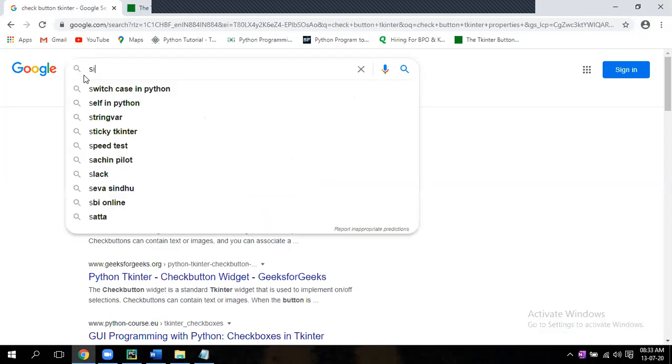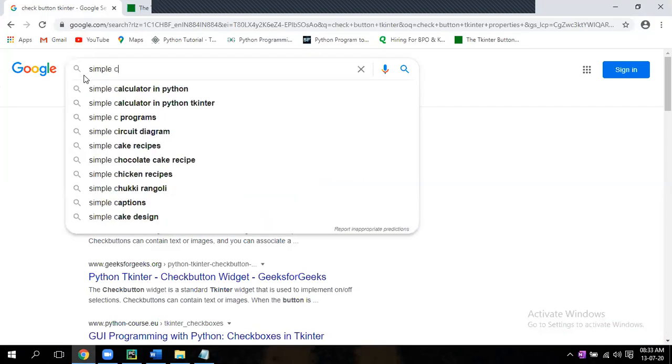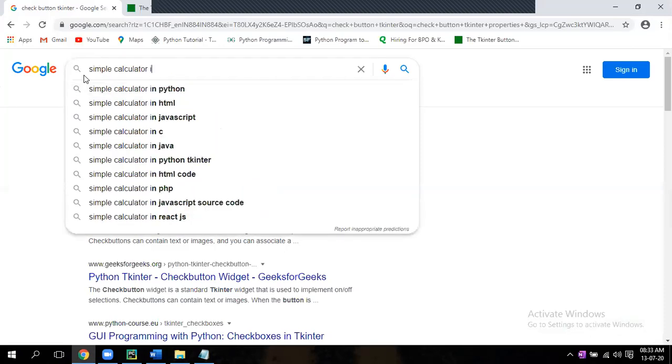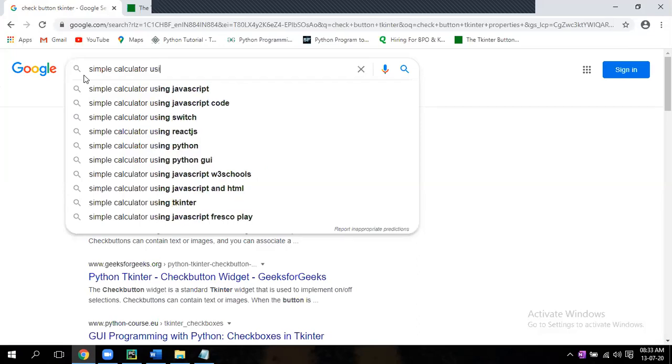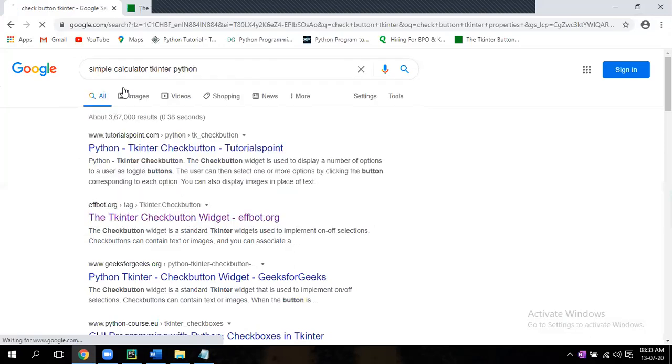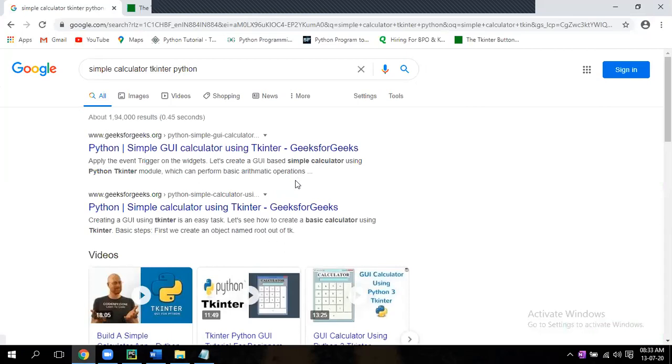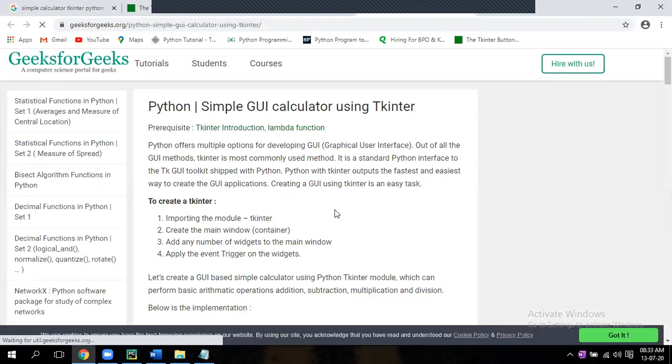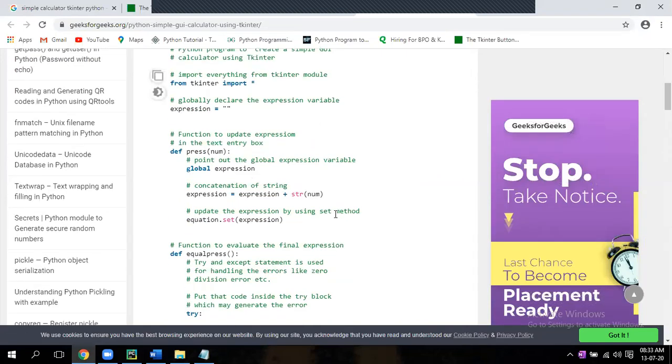Simple calculator, Python, using Python Tkinter. Open the first one. Come down. One second. Copy this code.